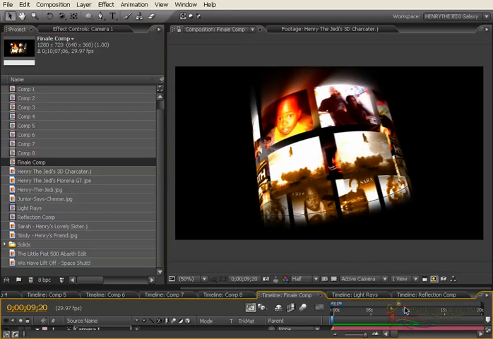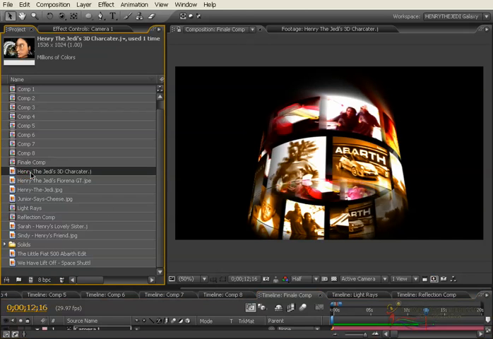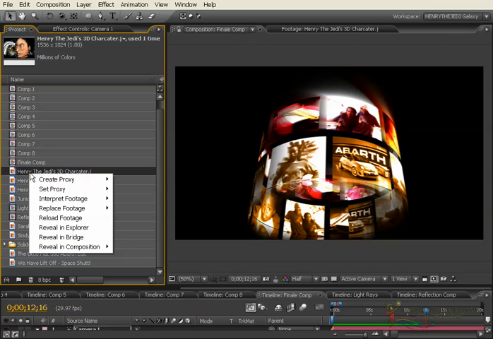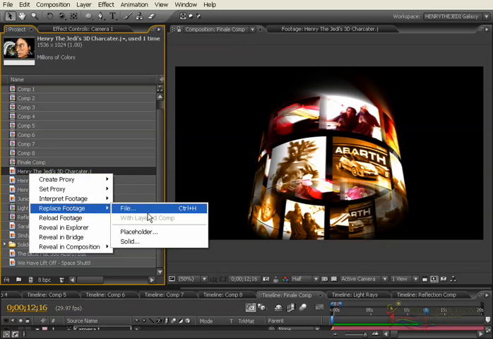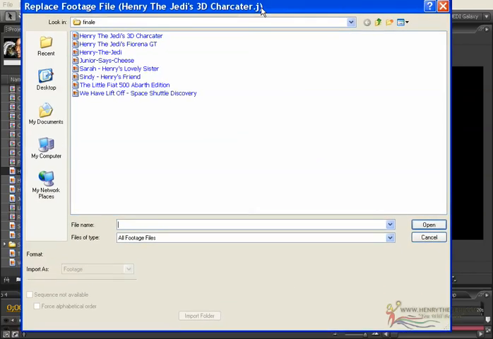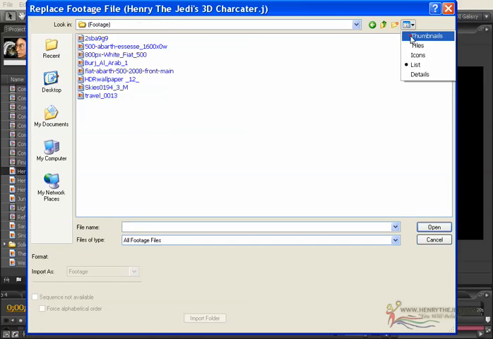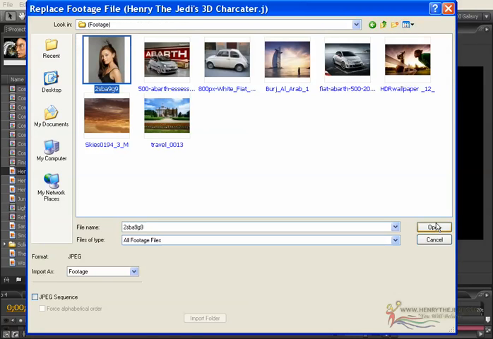Now, if you wanted to change them to anything else, this is what will happen. You come here where you can see your project assets. You right click and then you say replace footage file. Okay, and then After Effects is going to open this window where it allows you to replace a file with something else. So let's say I want to replace my character with this particular lady here,